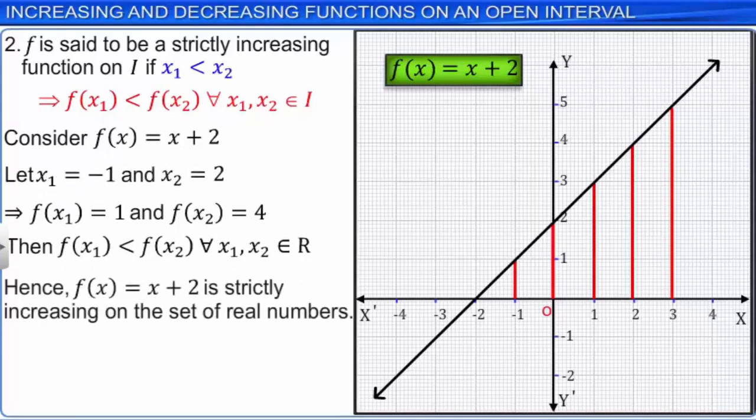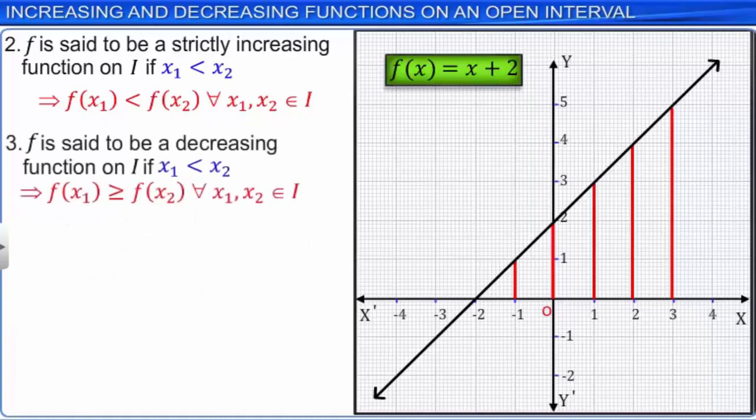Hence the function f of x is equal to x plus 2 is strictly increasing on the set of real numbers. Now, let us see when a function is said to be decreasing or strictly decreasing on an interval. A function f is said to be a decreasing function on the interval I if x1 less than x2 implies that f of x1 is greater than or equal to f of x2 for all x1, x2 in I, and